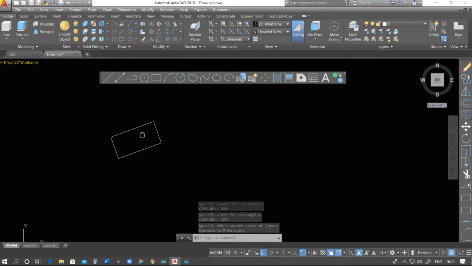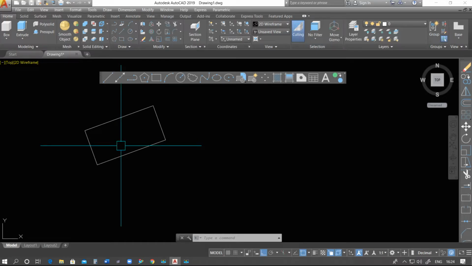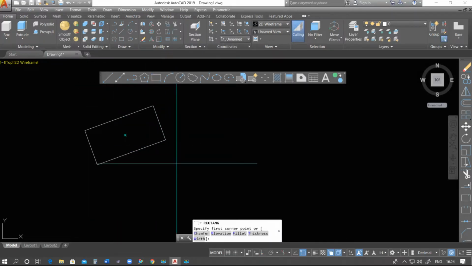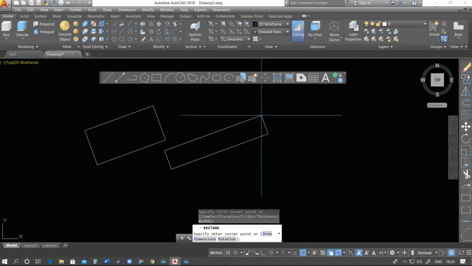But one thing we always have to remember, or keep in our mind: whenever we define some rotation angle in the rectangle, and after that whenever you use this command, by default it will maintain this angle.